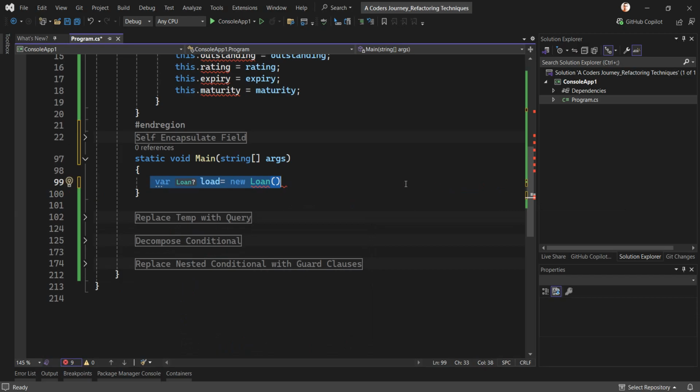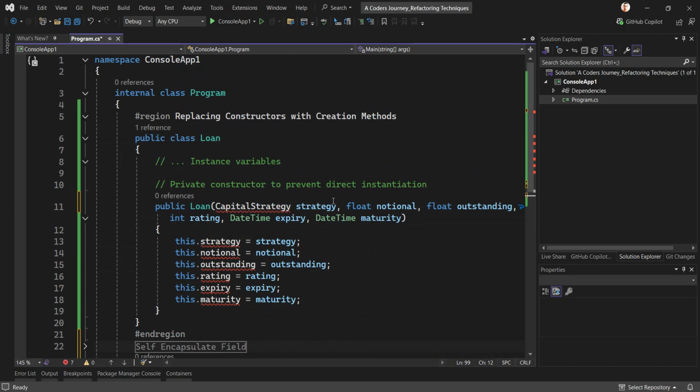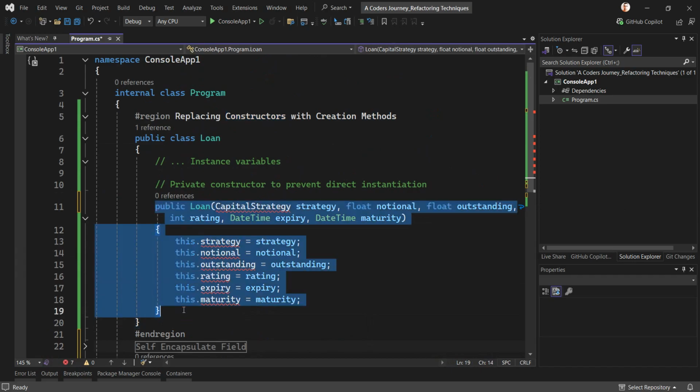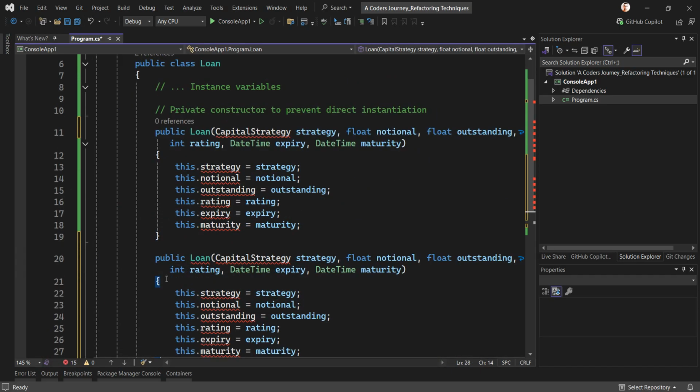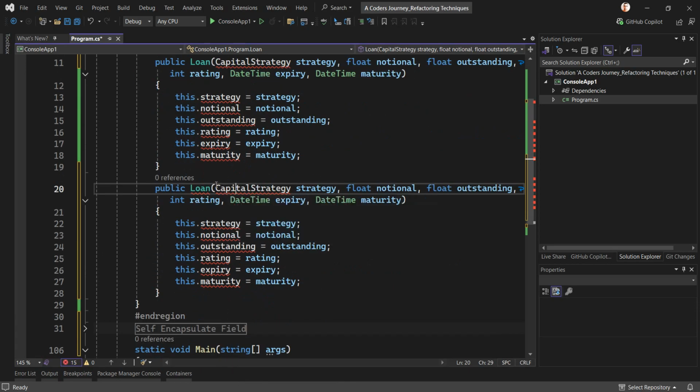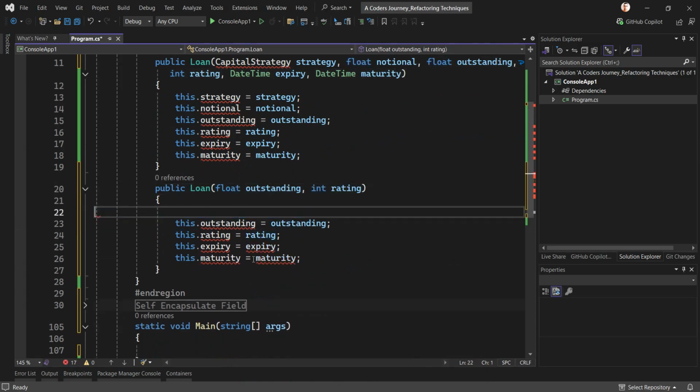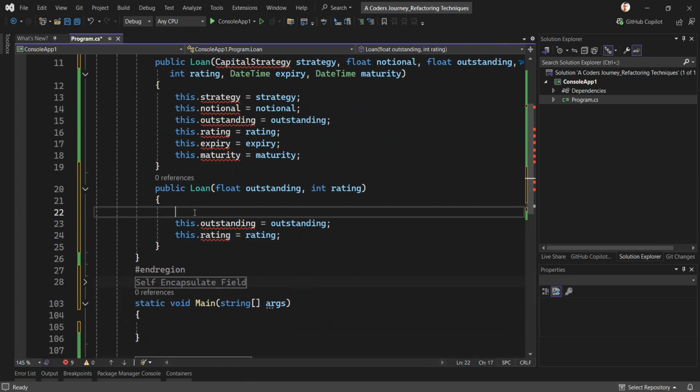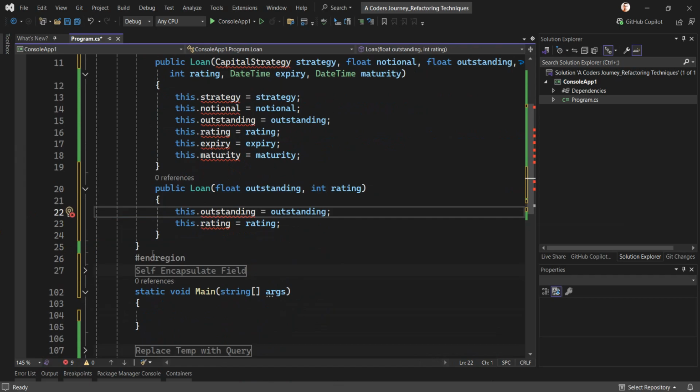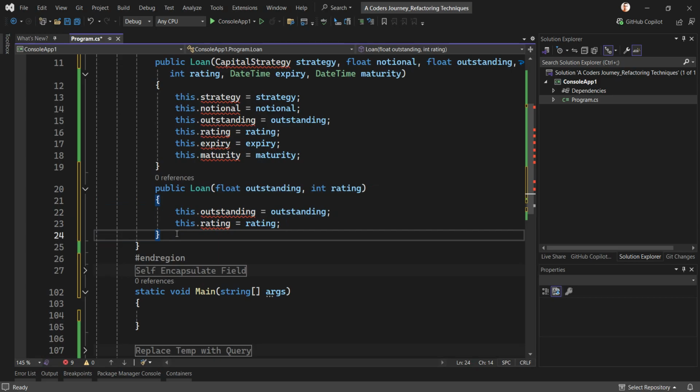in order to create a specific type of loan. What I can do in order to improve this loan class is to create creation methods instead of constructors. So let me tell you this. It is also possible to come here and create another constructor only taking, I don't know, outstanding and rating, and then I'm going to remove these, right? For example, you might think to yourself that, okay, in order to let the client code be able to declare or create a specific type of loan, all we need to do is to create another constructor,